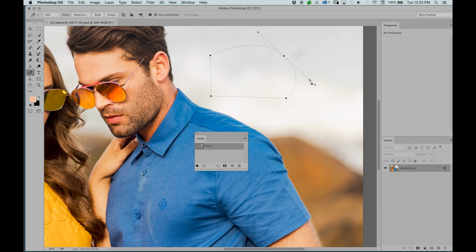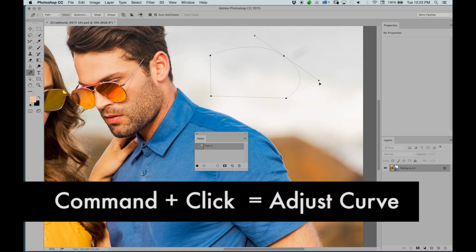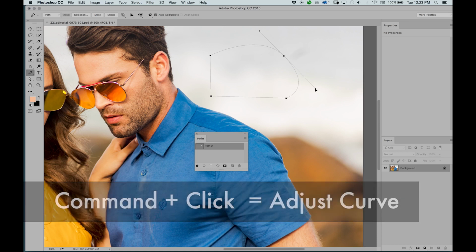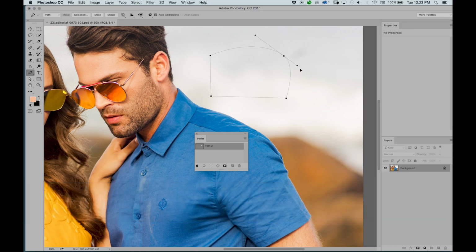There's also a really interesting feature. If I simply hover over the endpoints, it doesn't allow me to do anything unless I hold the Command key and then click on the points. I can then drag and change the curvature accordingly. But at this time, it doesn't do it in proportion. You can see I can drag one endpoint much longer and further away than the other one, so it doesn't